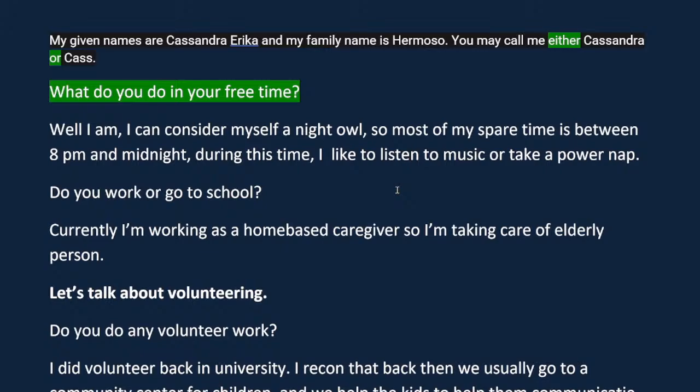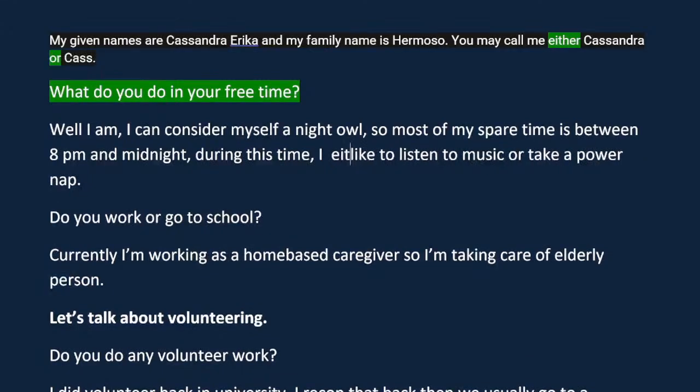Yes, sir. By that, so of course I can make sense of it. Like, okay, you probably take a power nap during the day because you're a night owl, right? But I have to kind of try to make sense of what you're saying there, right? So keep your thoughts simpler, especially for these first few questions. So I like to listen. Let's put a correlative conjunction in here. So either I like to listen to music, or what else do you like to do during those late hours?